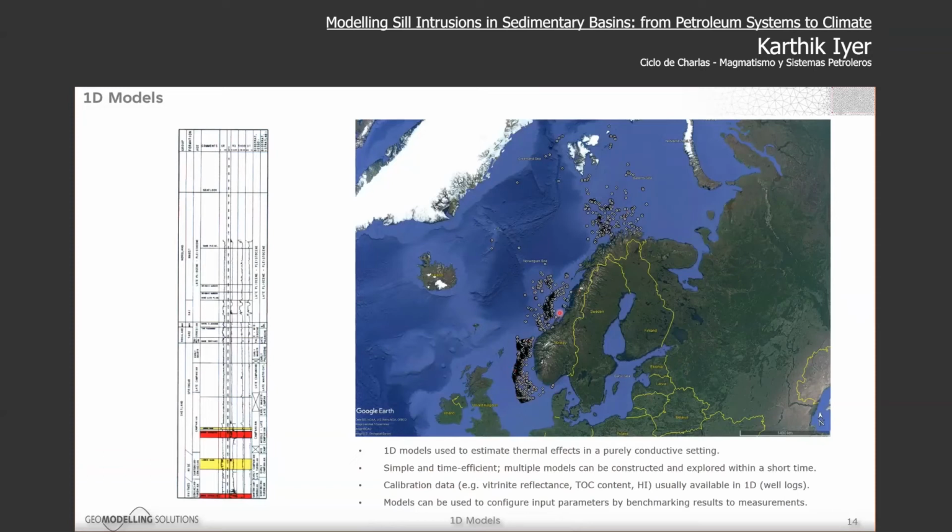And some of them do, like Ben has mentioned, in the Norwegian Sea and also in some parts of the Barents, we do have volcanics intruded into the system there. And 1D models are also good because when you do a 1D model, you can calibrate very easily. You can compare it to what we actually observe in measurements using a 1D well log, for example. So the correlation is pretty simple as well. And then you can benchmark and ground your model in reality.